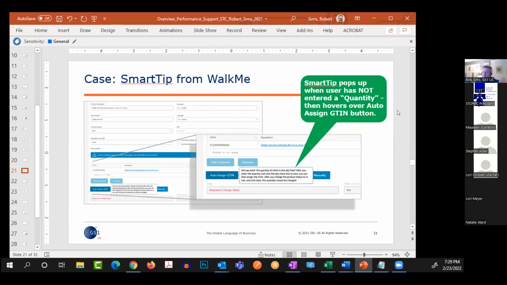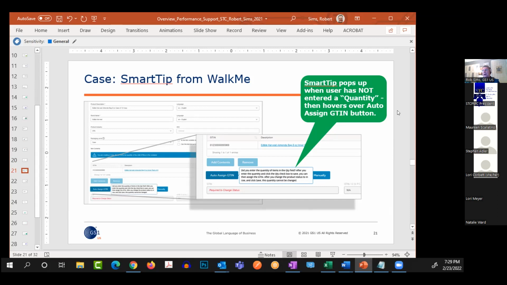As I mentioned about the variable measure, I wanted to talk about the smart tip. This one is very interesting. This actually could be fixed by the application development team at some point in the future, and probably will be because of this smart tip, because they didn't think that many users were experiencing this. But our customer service team did say this was an issue. So we added a smart tip for when a user enters a case of the jam. They have, say, 20 jars in a case. The default is 1. They have to change that 1 to 20. They ship to the supermarket 20 jars in a case.